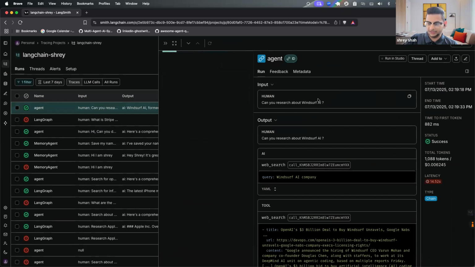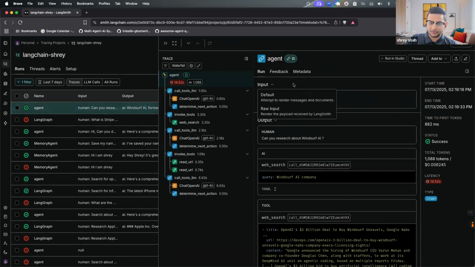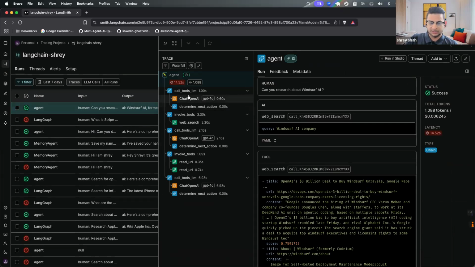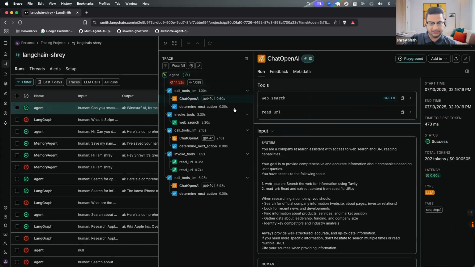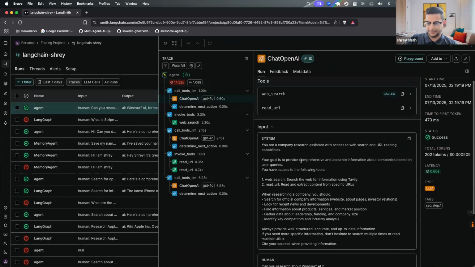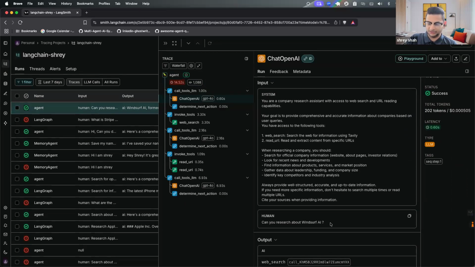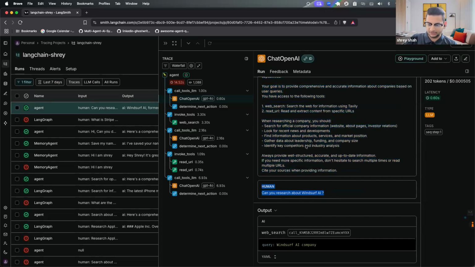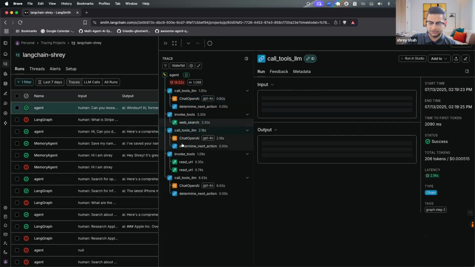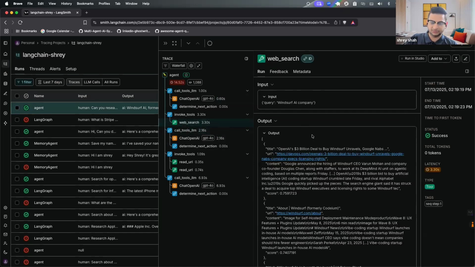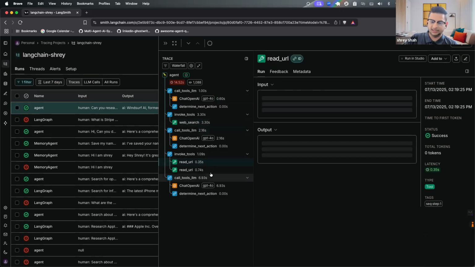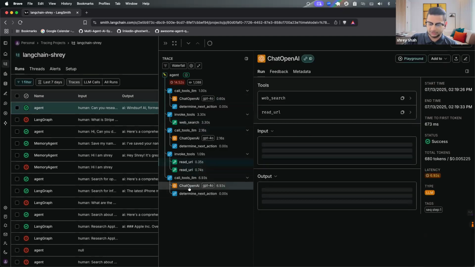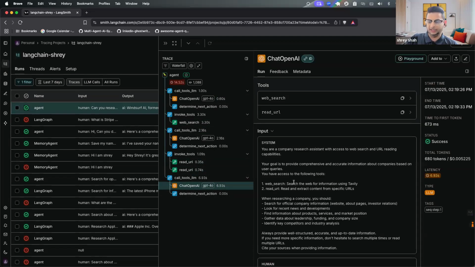So the trace is here, and you can actually see the path it took. Here you can see the prompts that went into it, the system prompt and the user prompt. So that's what went on behind the scenes. And that's the human message, that's the AI message. Based on this, it ended up taking the route for web search. Then it again called the tools from the previous response. It found the URLs, then read the URLs, again called the tools, LLM, basically OpenAI,